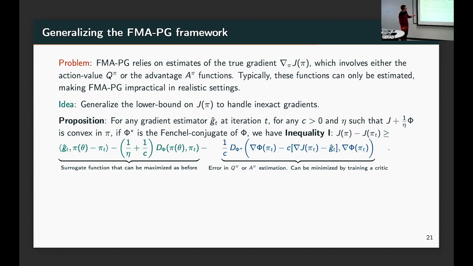So going back to this, I think this is really cute. What we had before, remember, is that the lower bound was tight at the current point. When you use the wrong gradient, your lower bound is not tight, and the looseness of that lower bound is exactly the blue term. So what does that mean for you? If you use a wrong model of the gradient, that lower bound is loose, right? So a loose lower bound means this. So this is my current point. Instead of being tight, now I'm going to be slightly lower. I'm going to be like this, right?